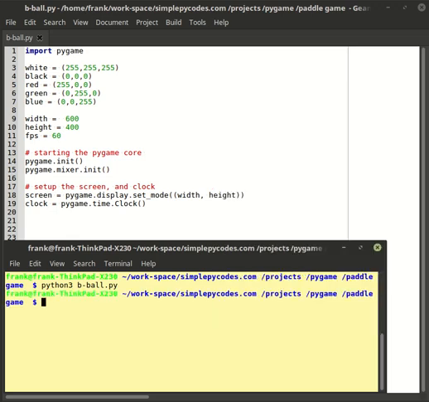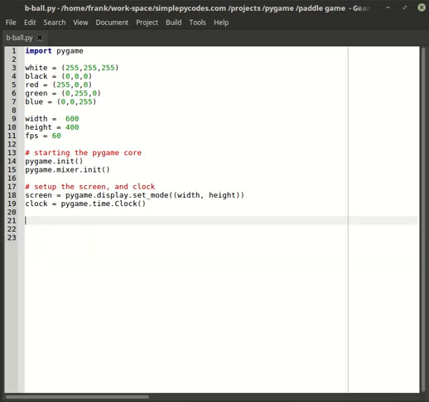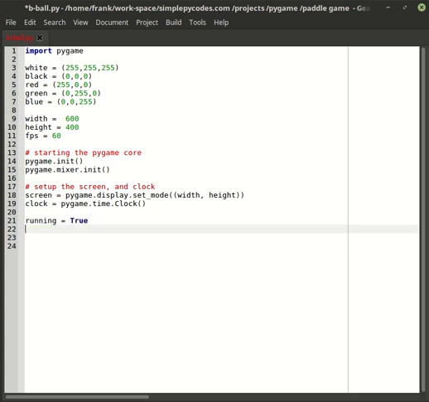Okay, you see we got a screen, but it popped up and disappeared because we don't have a loop to keep it up and running. Then let's create our main game loop. Running equal true, and while running,